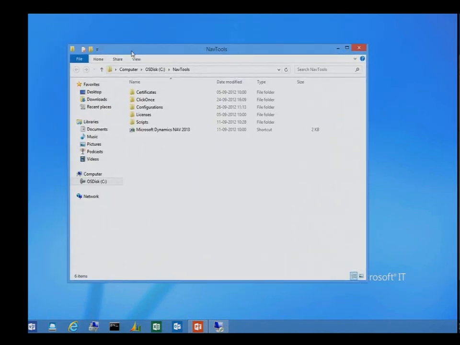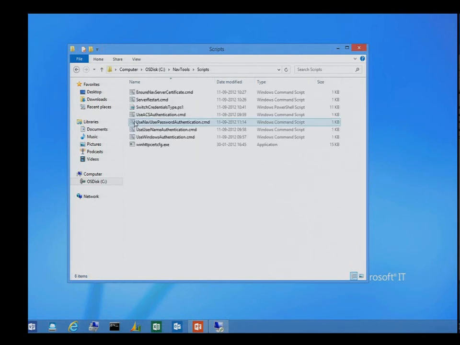I have a couple of scripts here, and these scripts are used to set up and configure the running NAV server and client. What these scripts are doing is basically, I can switch the authentication type, the client credential type, on the server and on the client by running one of these scripts. And by default, when you install the demo installation, client and server, then everything is running Windows. And if I start up my client here,